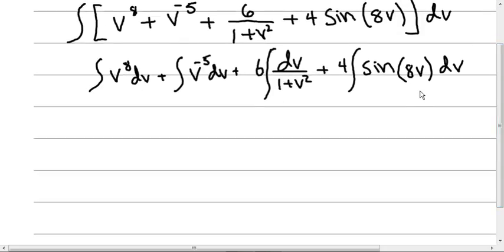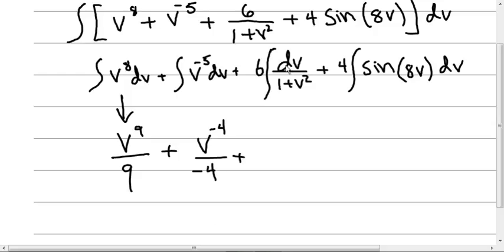Well, these are all going to be problems where you simply recognize the antiderivative and at the most do a little creative guessing, good guessing, whatever we want to call it. So we start out with here. What's going to happen here? Well, obviously this is the power rule. So it's v to the 9th divided by 9. Power rule. But now he's asking, well, how do you handle negative exponents? We still add 1. So minus 5 plus 1 is v to the minus 4th divided by minus 4